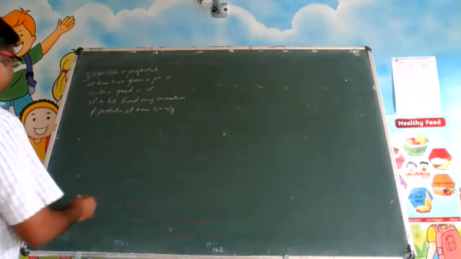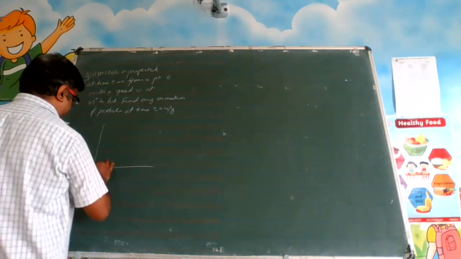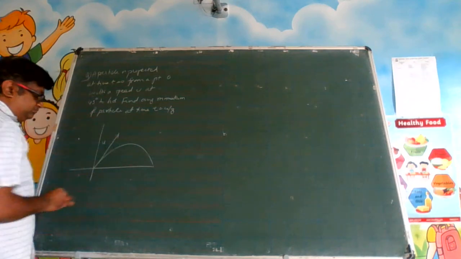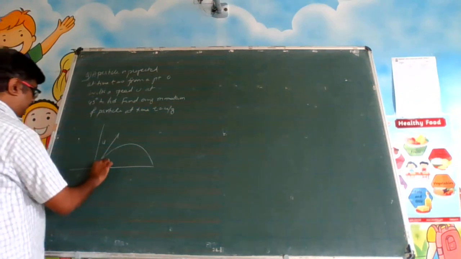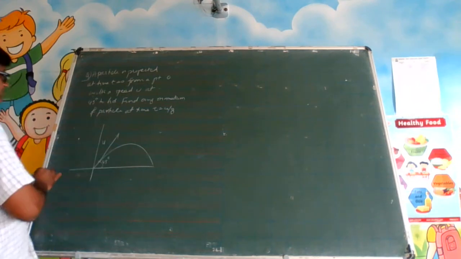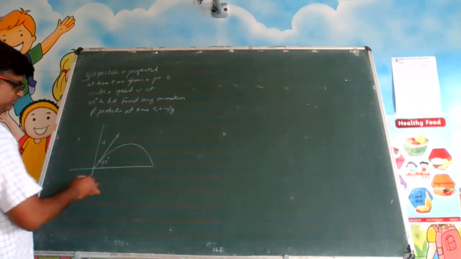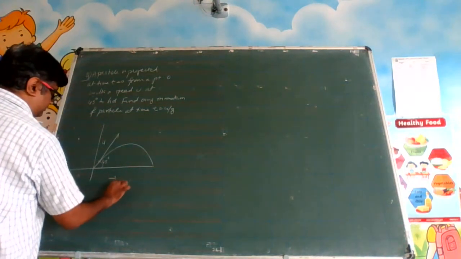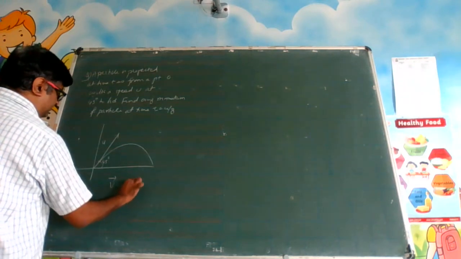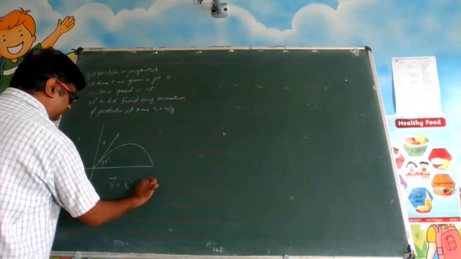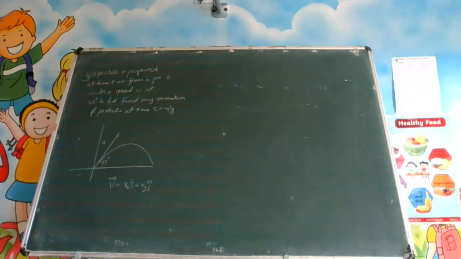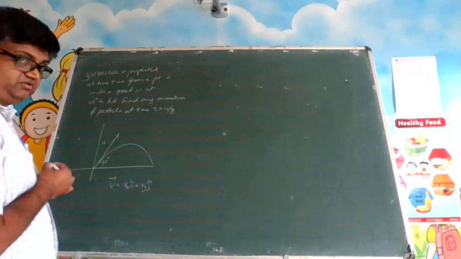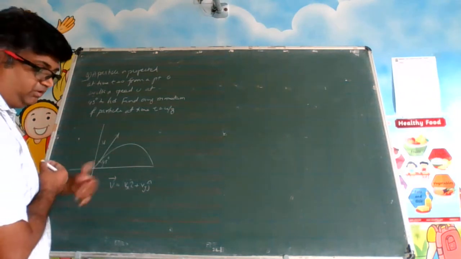So you can see that the situation is like this. It's a case of a projectile motion. It has been projected with speed u making a 45 degree angle. It's a two-dimensional motion. I told you projectile motion is a two-dimensional motion. So if you take the velocity vector, it will be vx i cap plus vy j cap. In projectile motion, you remember that the horizontal acceleration is always 0. Vertical acceleration will be g, but horizontal acceleration will be 0.